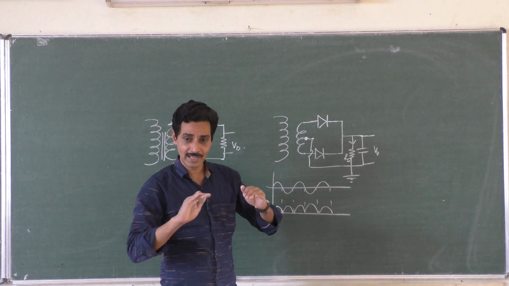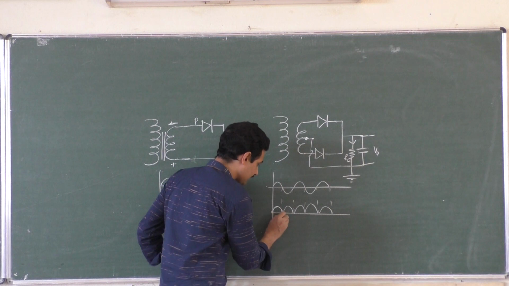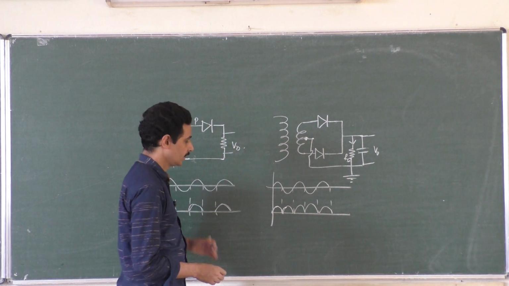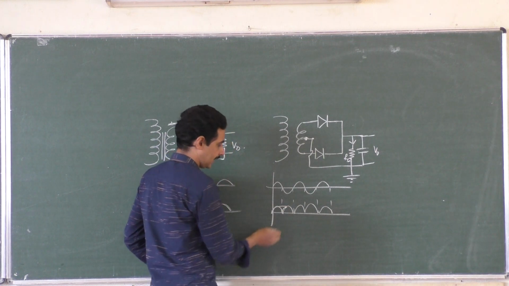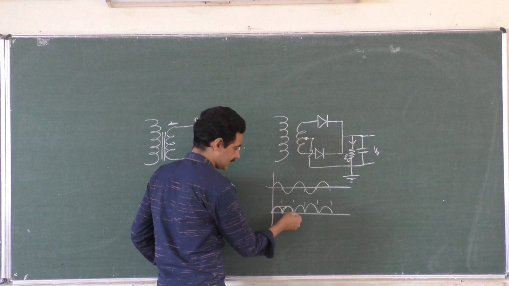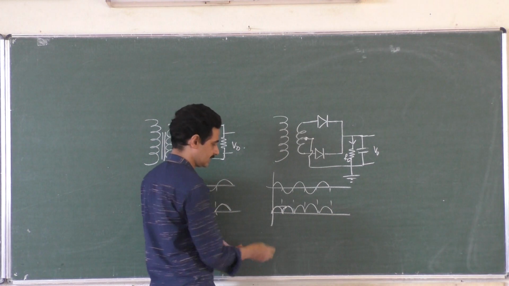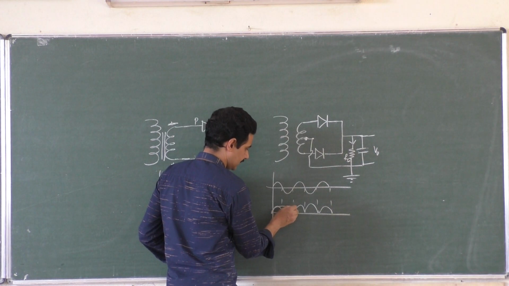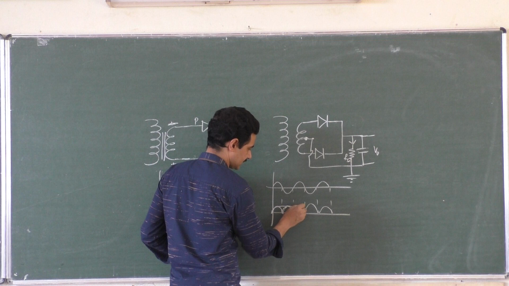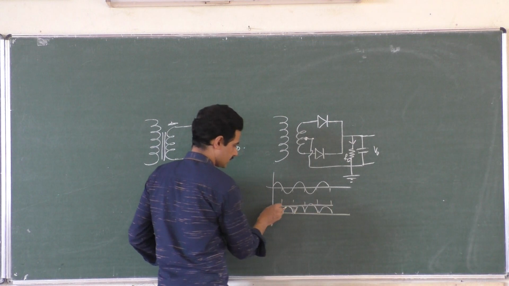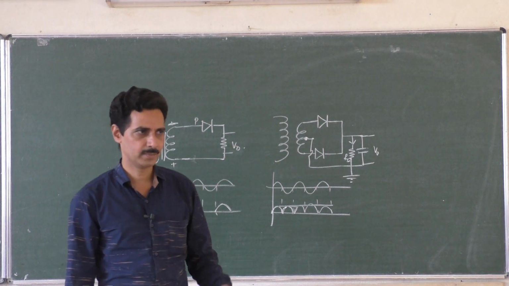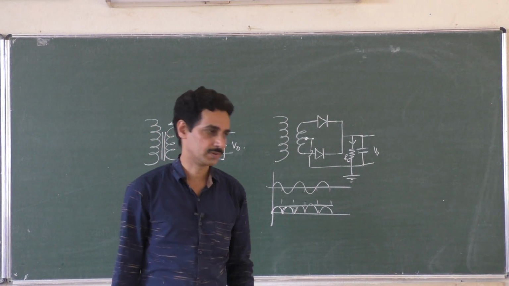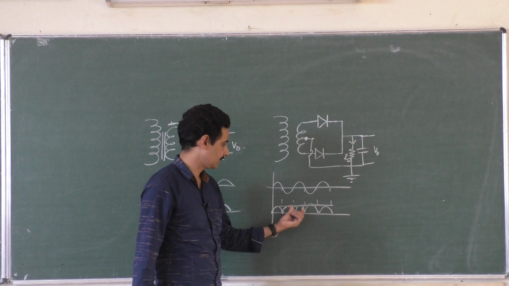By the time it discharges a little bit, another pulse comes and charges it. So the output voltage with the capacitor will be like this. Again, when the output decreases, the capacitor starts discharging, but it discharges a little late and another pulse comes and charges it. So output will be almost constant like this. So capacitor is used as a filter at the output, that can be used in order to have a constant output. So this is not changing with the time.